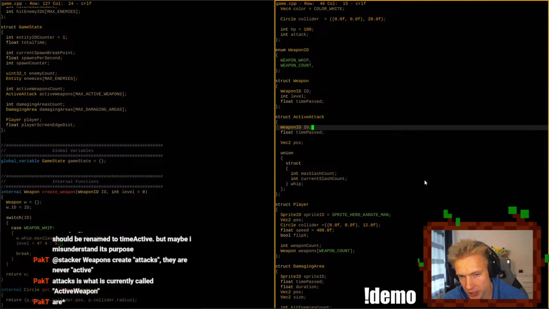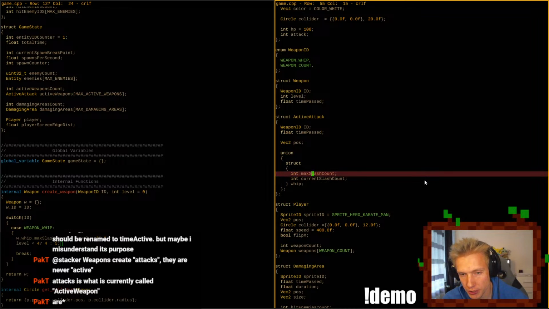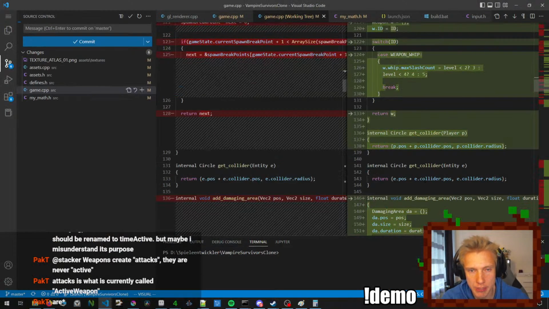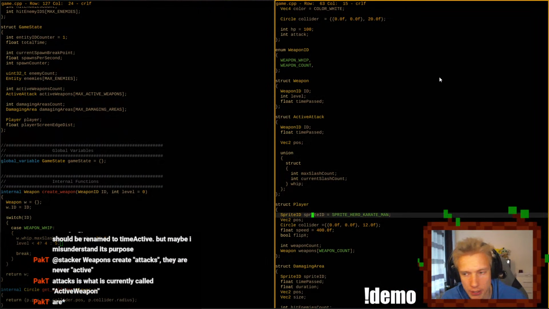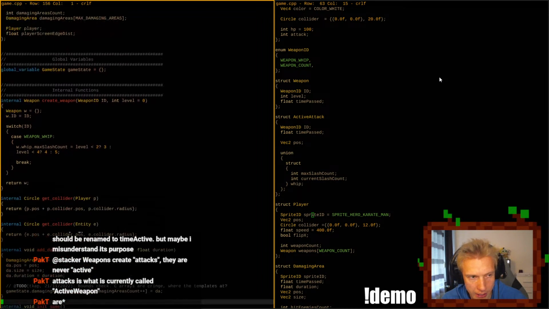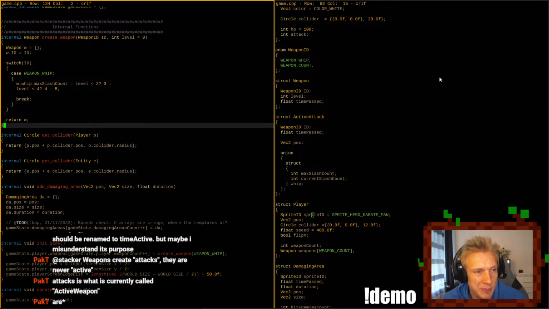We could also put it here, and then that is a constant. We don't need to store the data here. I mean, we can do it both ways. I don't think it matters that much. Yeah, because we have this /count and stuff. So create weapon. Let's look at that. Duration can be greater than cooldown, so keep the data inside weapon doesn't work as well. Although I guess you just have arrays. Yeah, no, we create it like that. I think an active attack is not bad.